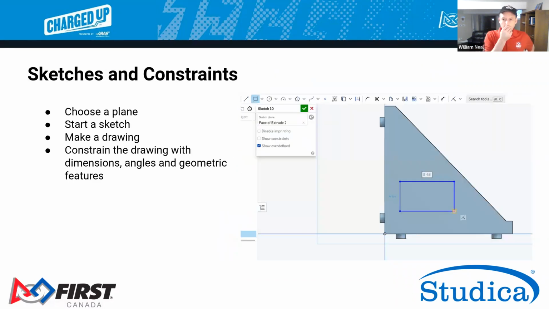Okay, we've seen a little bit about sketches and constraints. Now it might be nice to revise or just focus in a little bit more about sketches and constraints. And I'm remembering those who are considering pedagogy for Onshape. Here's a sort of an overall view of what a sketch and a constraint is. We will choose a plane, as we saw there, and start a sketch, and then make a